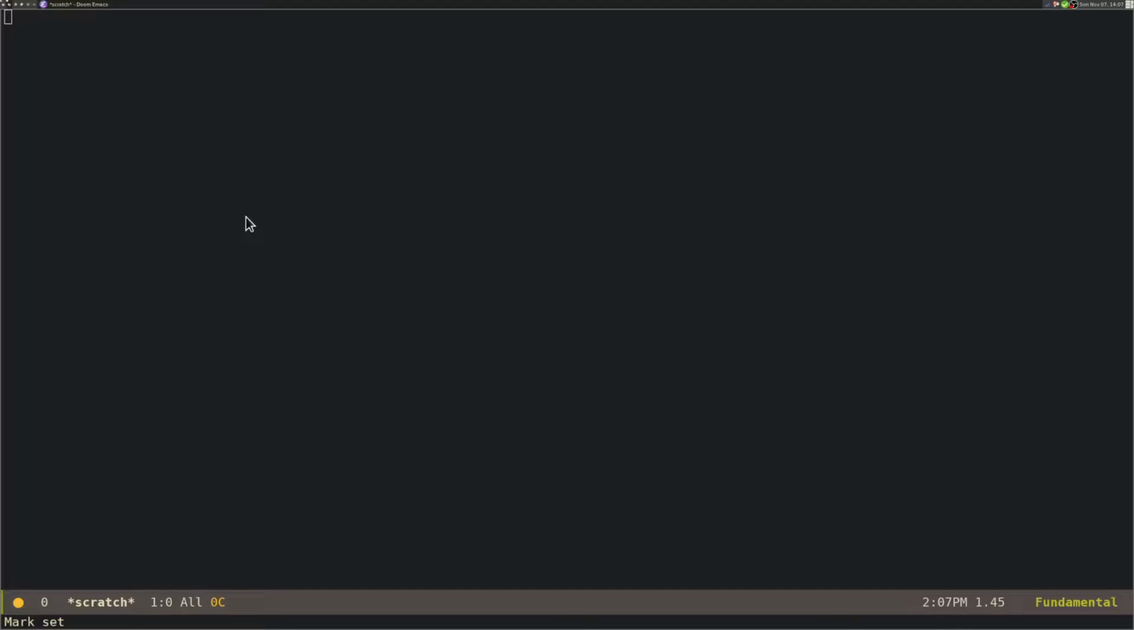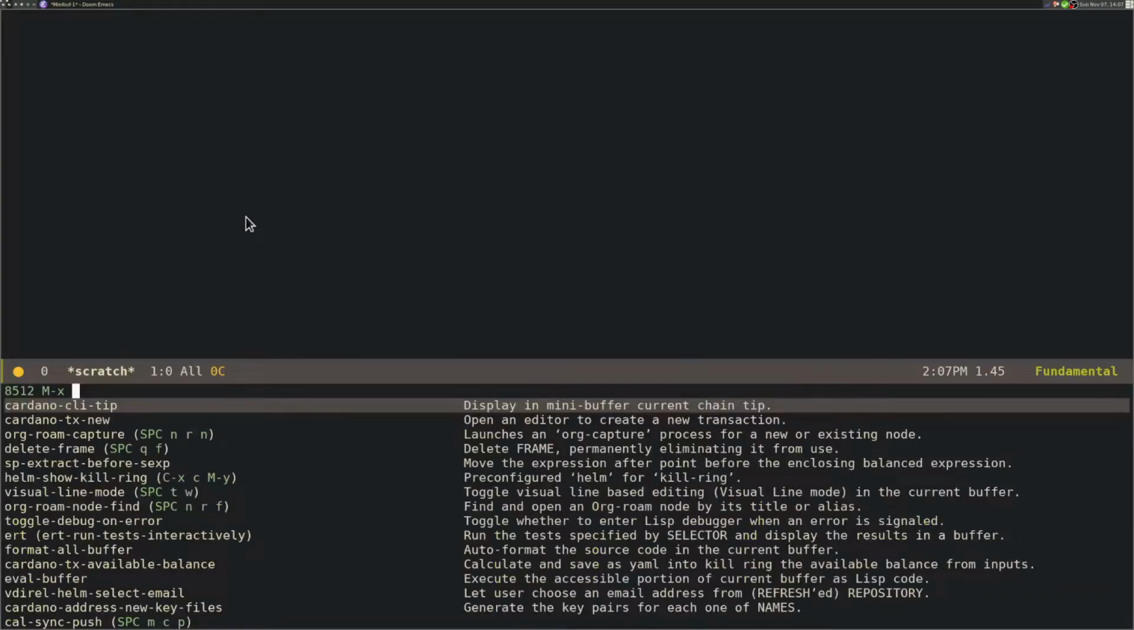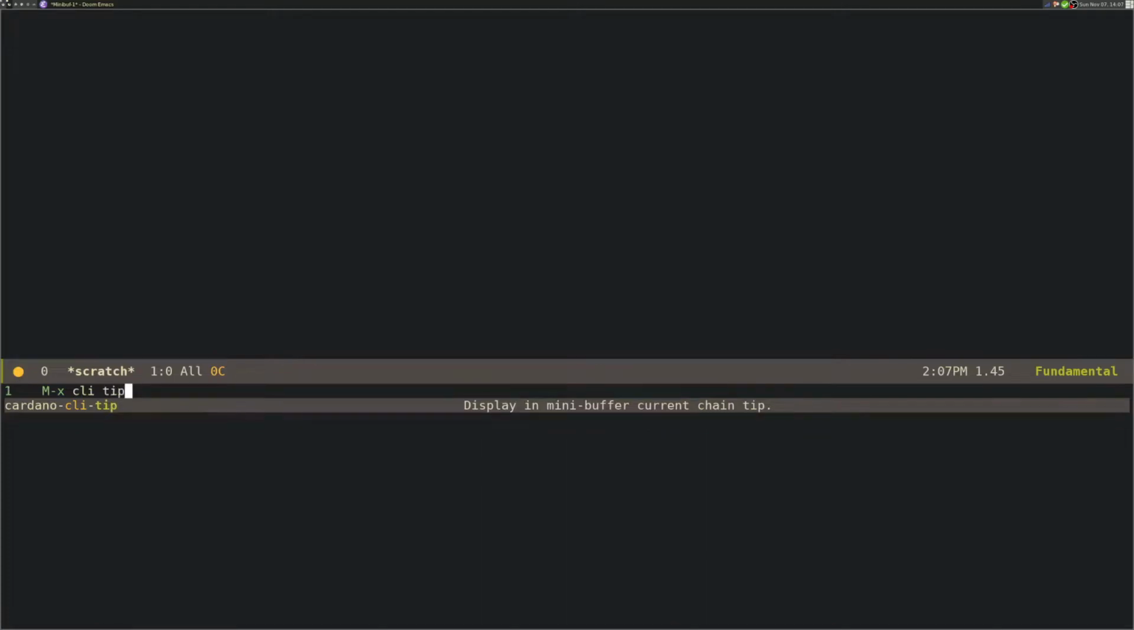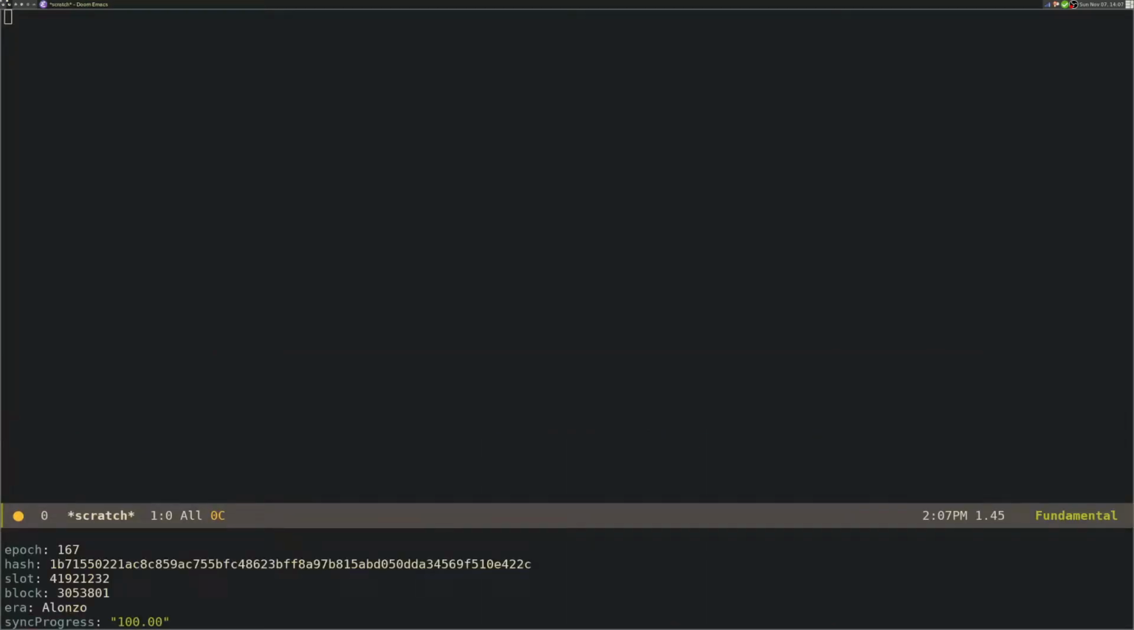This is my minimalist editor and has been enhanced to interact with the Cardano network. Let's first check if our Cardano node is fully synced. The function cardano-cli tip will query the node and display its results. As you see at the bottom of the screen, color-coded, we get information of the tip of the blockchain and that